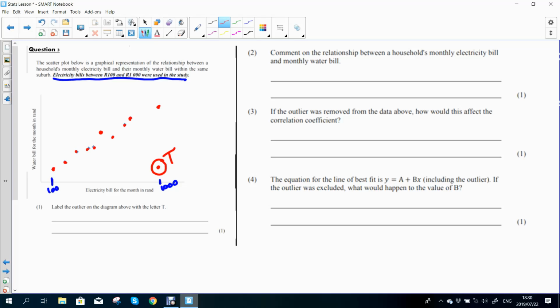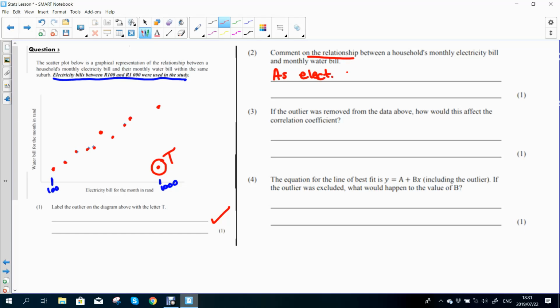That's for 1 mark. Then it says comment on the relationship between a household's monthly electricity bill and the monthly water bill. Now all I want you to say, you can't comment on the strength because you don't really know. Well, you can see the dots are very close to one another, so it's probably strong. But what I want you to say here is, if they say comment on the relationship, then you're going to say, as